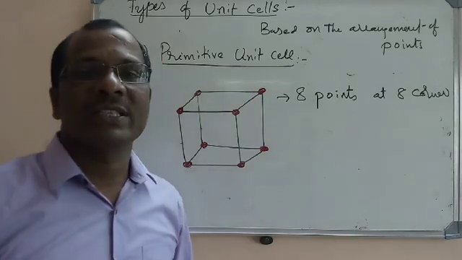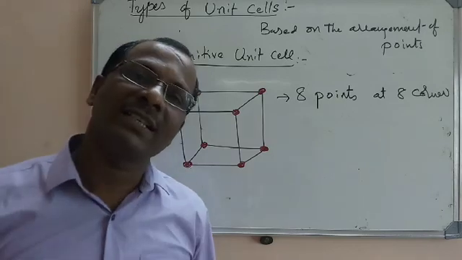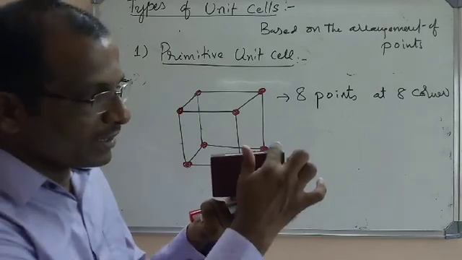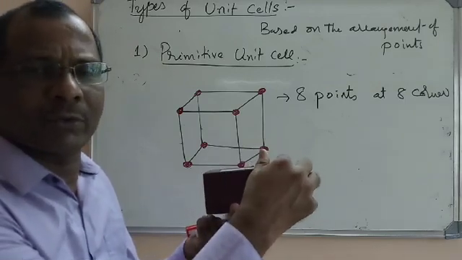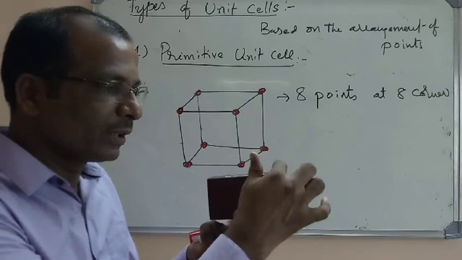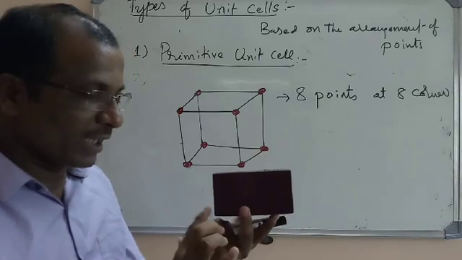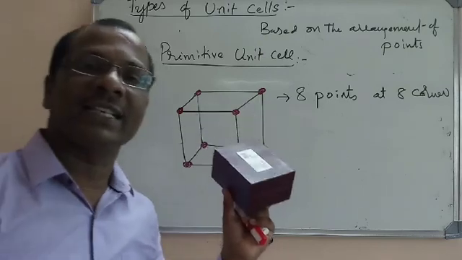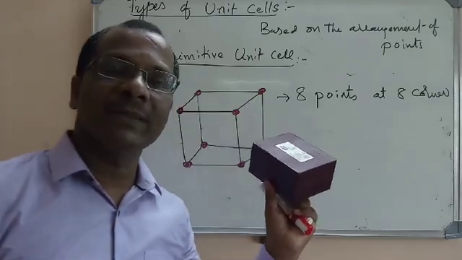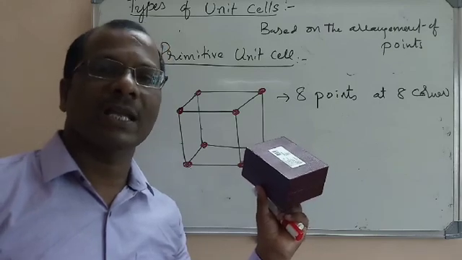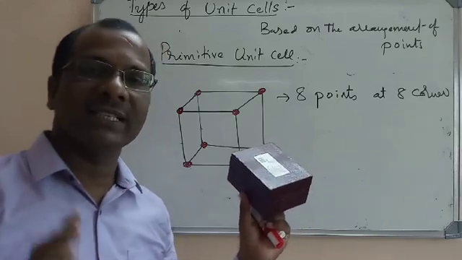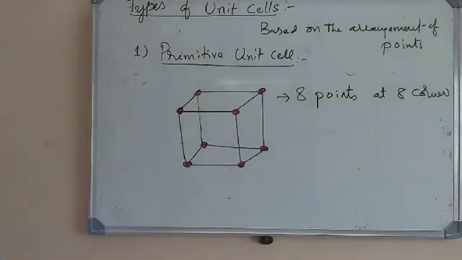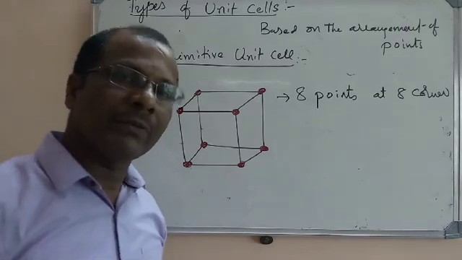Now let us move to the second type of unit cell, that is the centered unit cells. So here, if it is a primitive unit cell, we have 8 points. Here one sphere. One sphere means one point, one ion or atom or molecule. So here one and here one and here one and here one and here one and here one, and one more here and one more here. 8 corners are occupied by the 8 spheres, atoms or lattice points. 8 corners, 8 points. It is a primitive cell. The unit cell which has 8 points at 8 corners is known as a primitive unit cell.